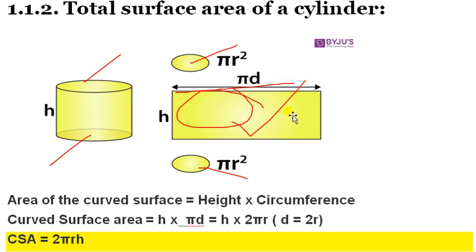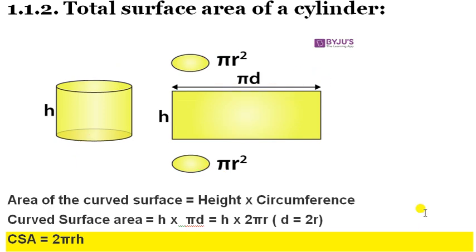Listen, when you revolve this rectangular face, it will become the perimeter of a circle. Just think, it will revolve, it will not be a rectangle, it will become a circular shape. In the middle it is a circular shape, on top also, and at the base also. So remember, when you revolve this rectangular shape, this whole side will become the perimeter of a circle. Just imagine it: if you fold it, it will become a circle.